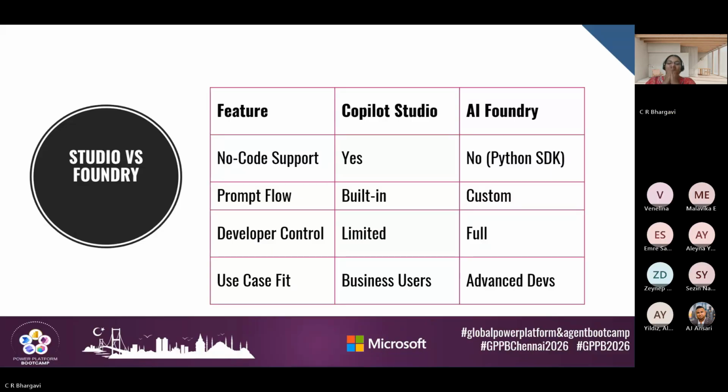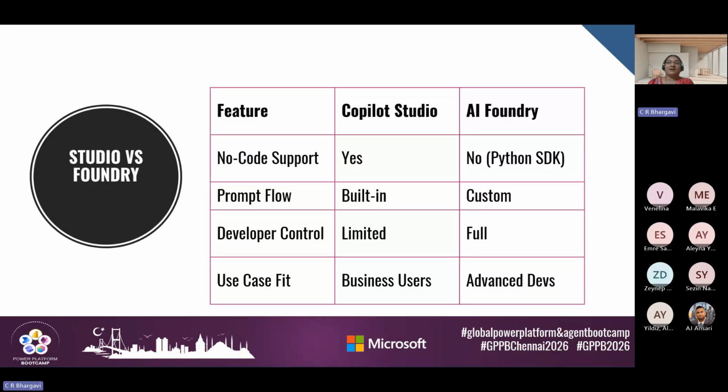And one feature which is available in Copilot Studio and not in Foundry is the option of connecting it with different channels which are there,